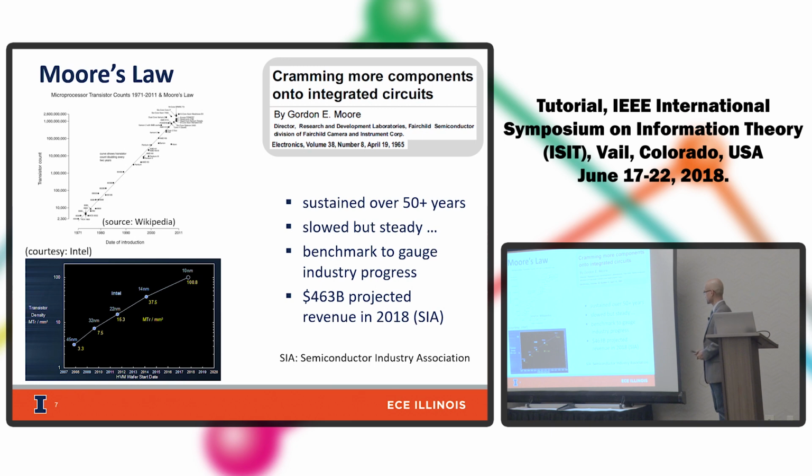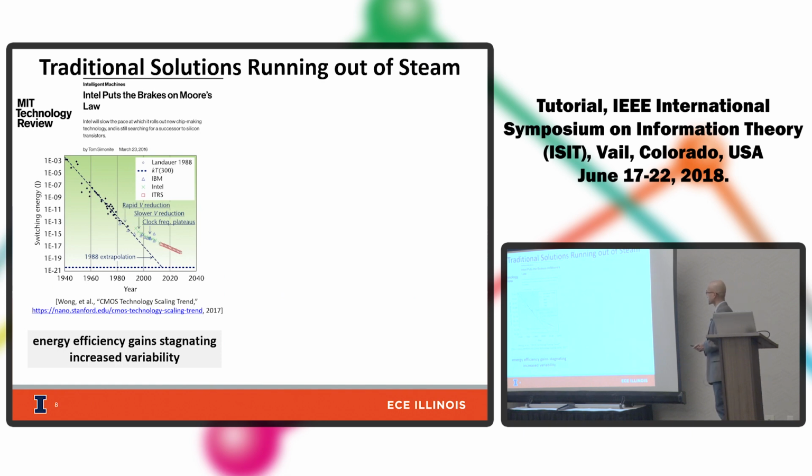And it's a huge industry. The revenues projected by the Semiconductor Industry Association is more than $400 billion per year. So it's a huge industry, and there's a lot of concern that we may be reaching a point of diminishing returns. And so a lot of folks have studied this and have shown that